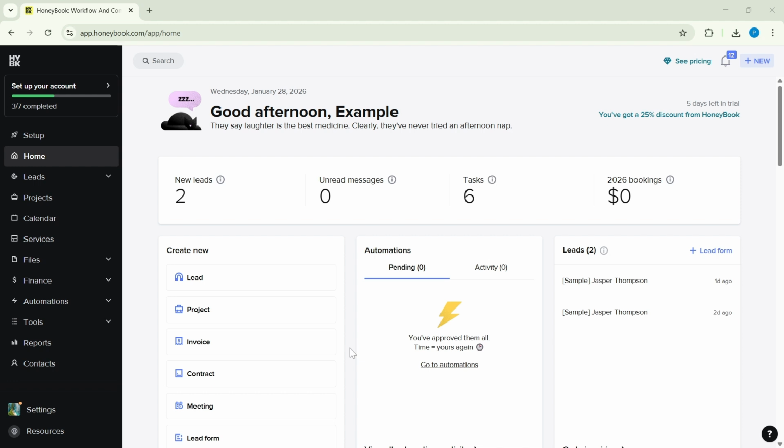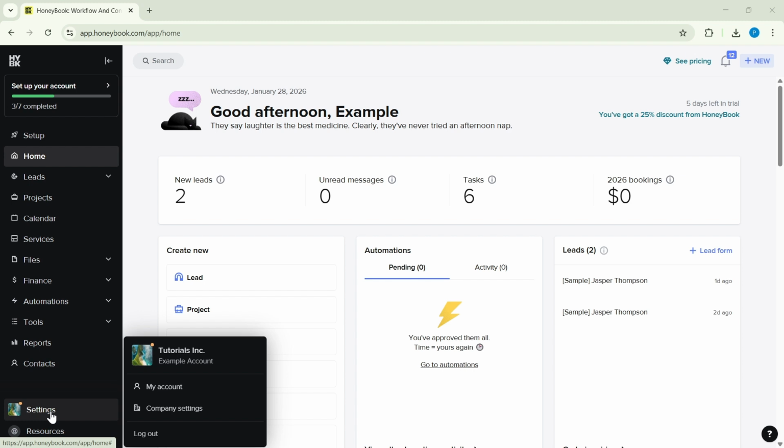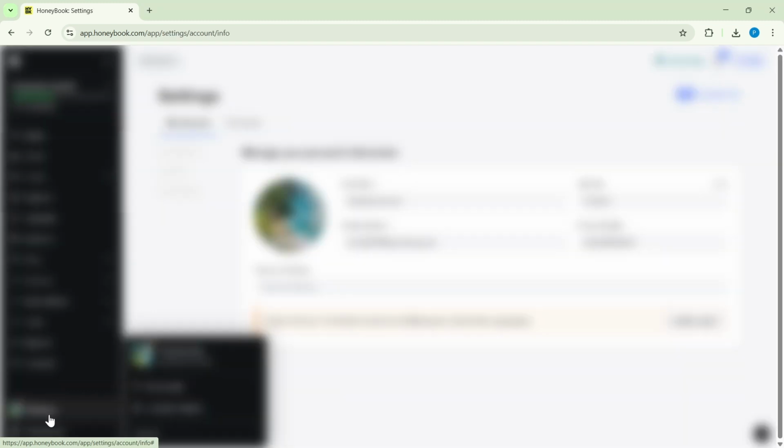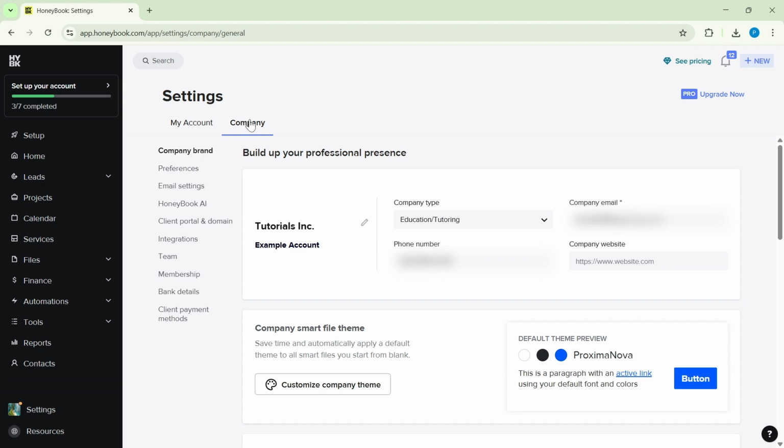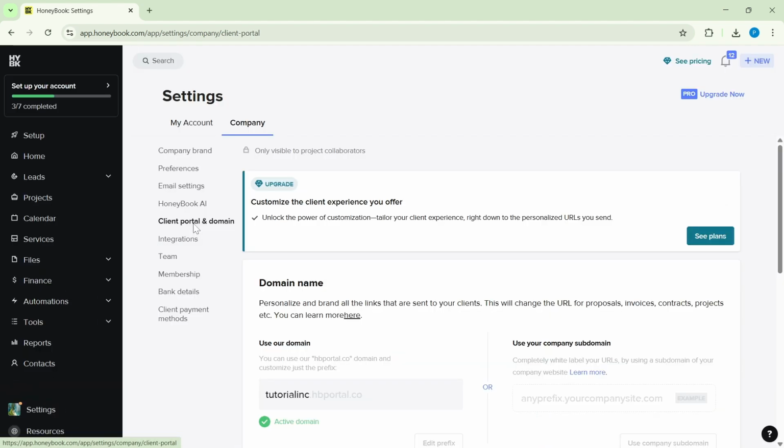On the left side of the screen, you'll find the main navigation bar. This sidebar is where all the key areas of your account live, and we'll use it to get to the settings we need. Click on Settings in that left-hand menu. This opens the broader settings area for your business. Next, select the Company section, then choose Client Portal and Domain. This area controls what your clients see and how they access their portal, including the link format tied to your